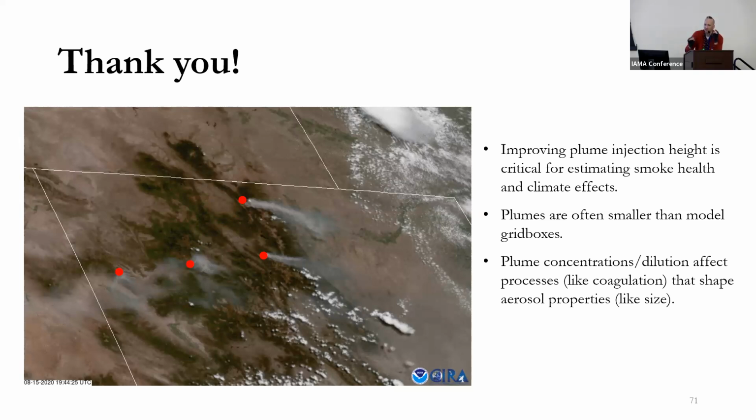But if you are concerned about smoke properties at a specific location in a regional model, where you're at 10-20 kilometer resolution and you want to get the properties very right within each grid box, then there would be an issue, because we are saying the properties that should be happening 3-4 grid boxes down are actually at the start. If you average over the region, I don't think it would have much of an effect if we want domain average properties, but you're right, there's a bit of a contradiction there.